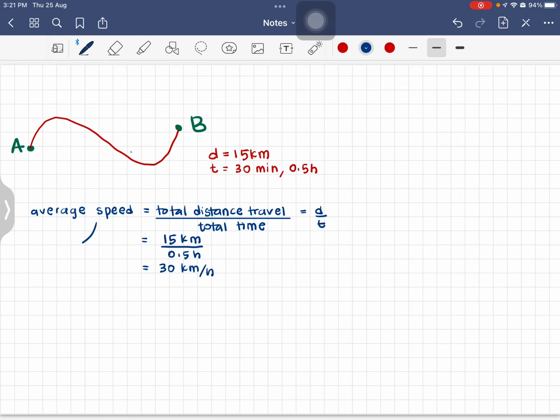Average speed adalah scalar. Dia tak ada direction. And dia punya unit biasanya kita akan represent dalam kilometer per hour, mile per hour ataupun meter per second. Dan SI unit untuk average speed adalah meter per second. Okay. Next, kita nak tengok pada average